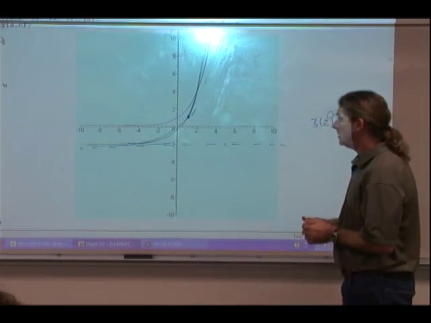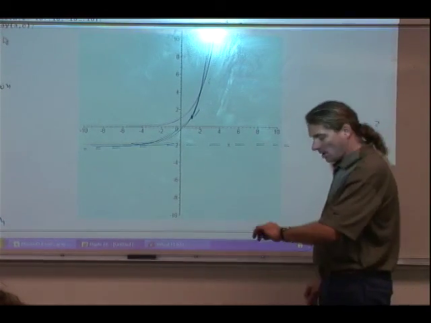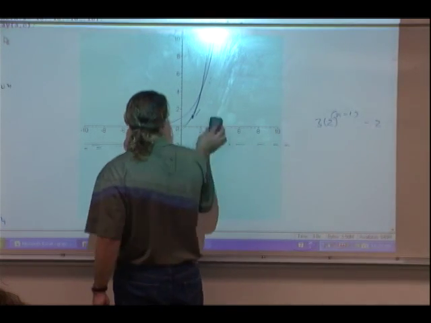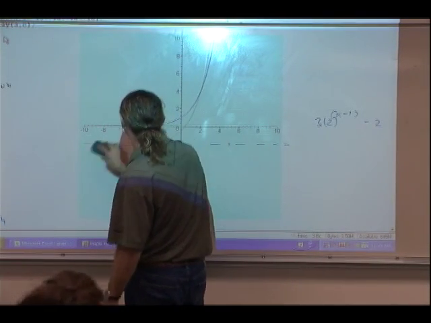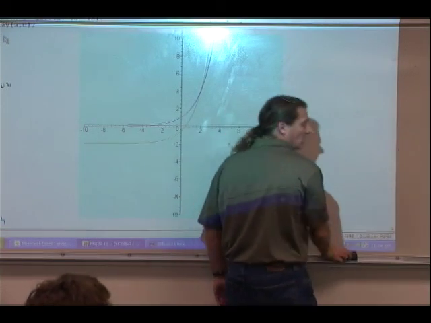Okay. Now the last part of that worksheet was to actually come up with an equation given a graph. From our work here,